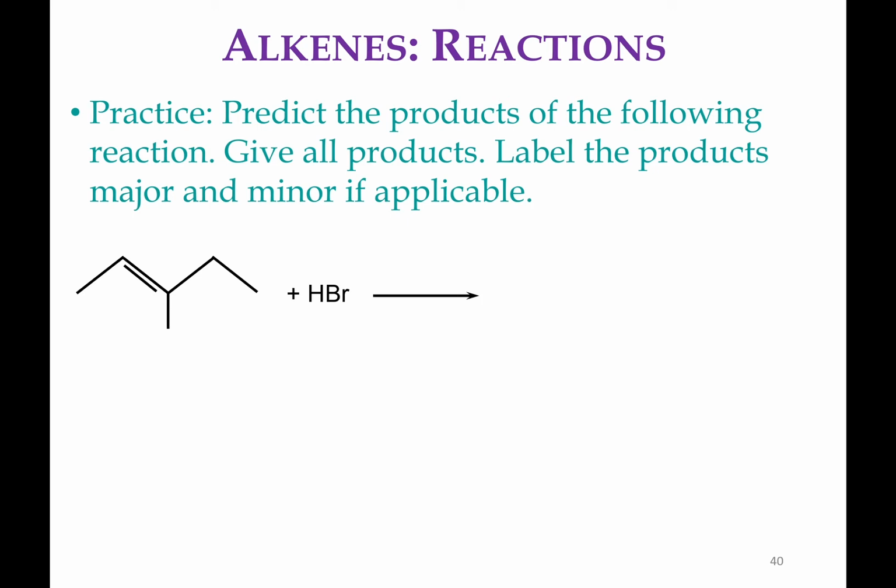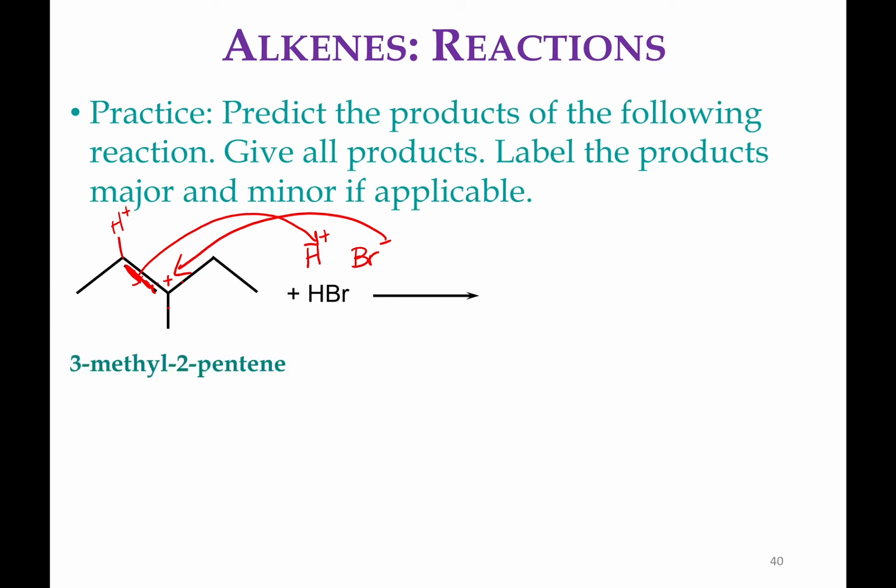So what is going to happen here? These electrons, remember this is hydrogen ion and bromide. These electrons are going to come out and grab this hydrogen. And where is the carbocation going to go? 1, 2, 3, 4. That breaks, it'll be 3. So we're going to have our positive carbocation and our hydrogen is going to add here because this is going to break. The bromide is then going to come back and add here for our major product. So 3-methyl-2-pentene